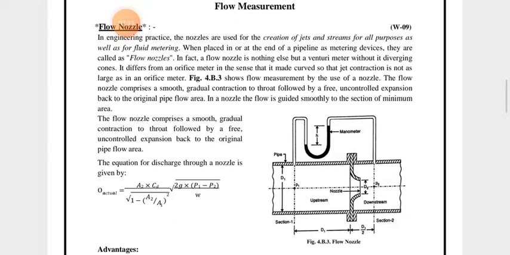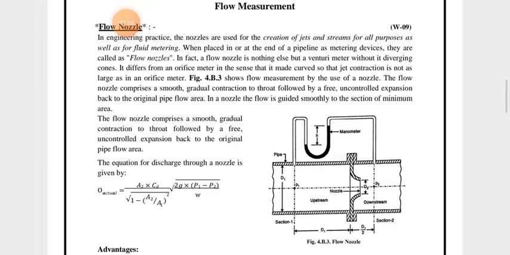A1 is the area, the convergent area. A2 is the nozzle area, into square root of 2g into P1 minus P2. So P1 minus P2 is nothing but the pressure shown in the limbs. In the upward section of that pipeline, you can observe that two limbs are there which are connected to the